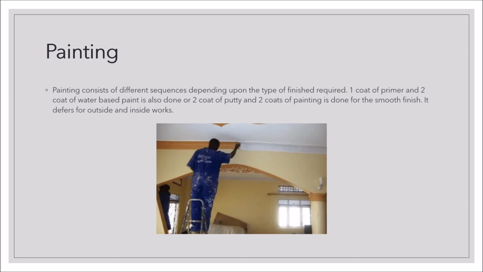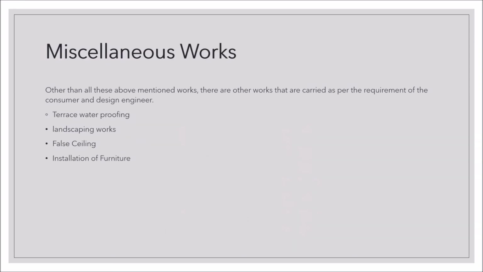The last type is miscellaneous work. Other than all the above mentioned work, there are other works that are carried out as per the requirement of the consumer and design engineer. We can call it miscellaneous work, such as terrace waterproofing, landscaping, false ceiling, or installation of furniture. So that's all the works in the construction for a building